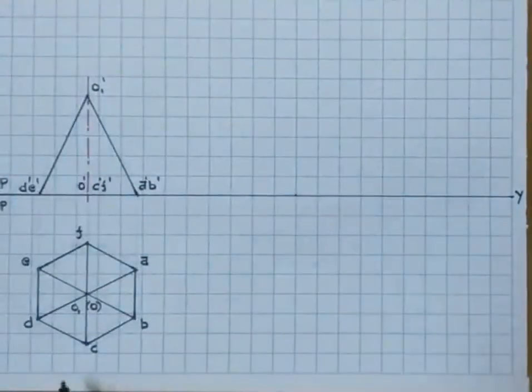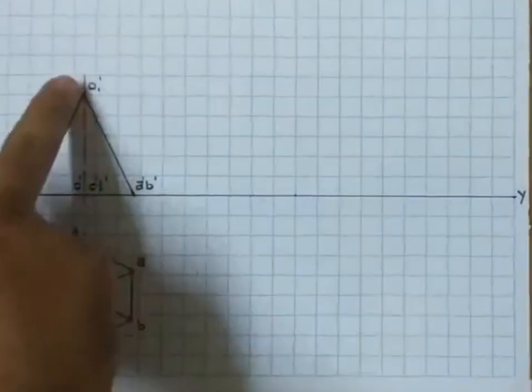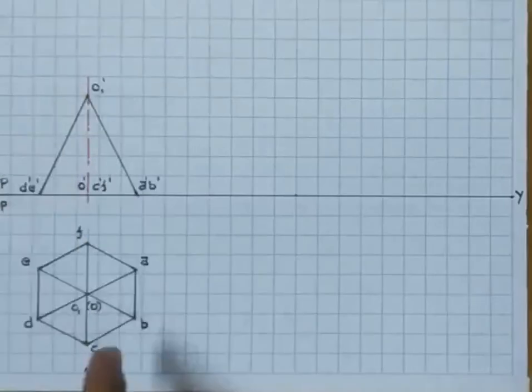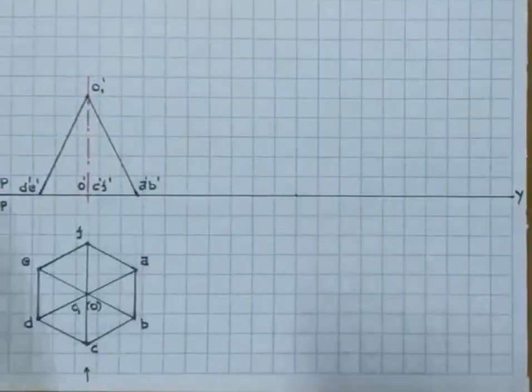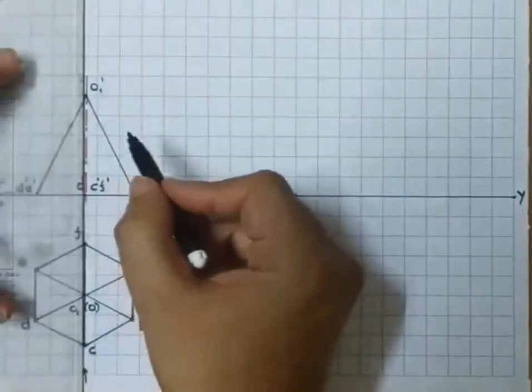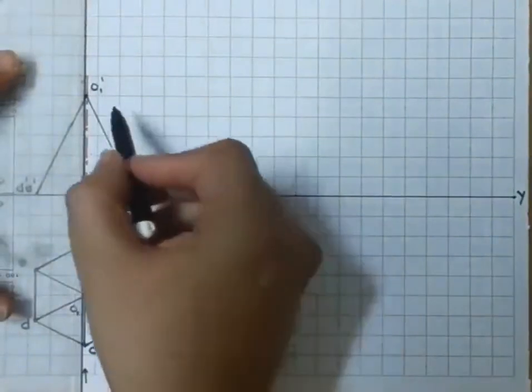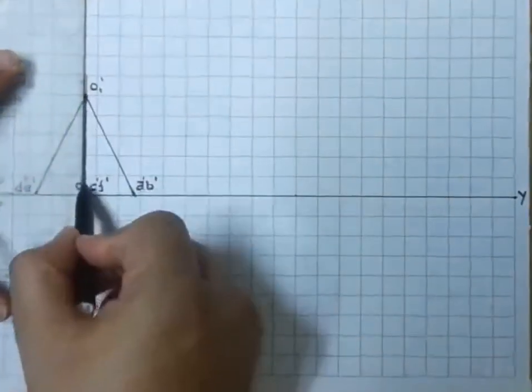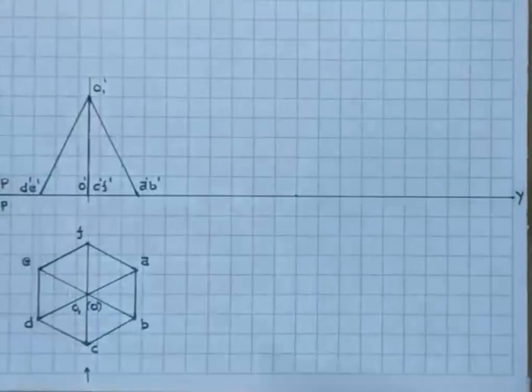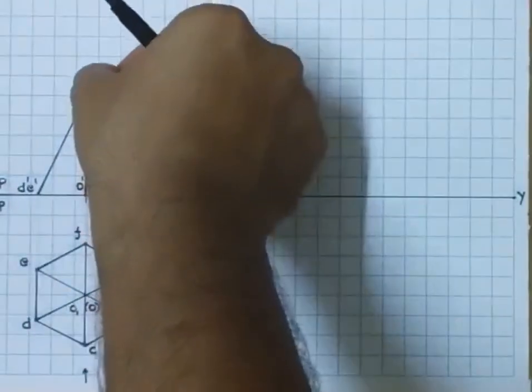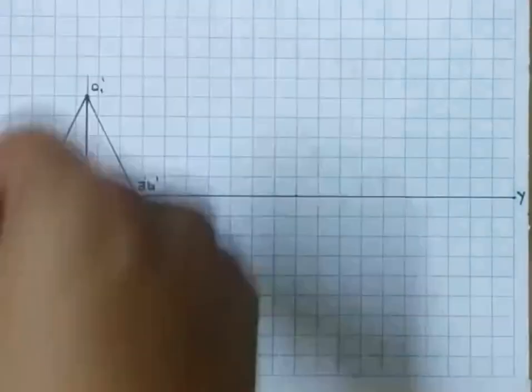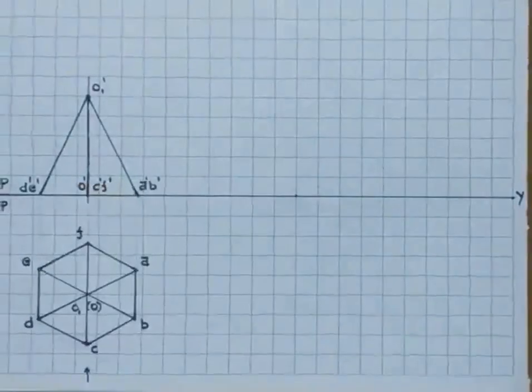Now here I need to connect O to C and F, but there is an axis line already drawn, but the priority should be given to the visible edge. So I am going to draw the visible edge over that axis. You can show the axis by extending a little bit above the apex and a little bit below the base.